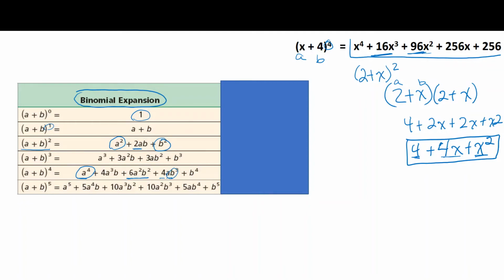Well, b to the 3rd is 4 times 4 times 4, which is 64. And then it says multiply it by one more 4, so that gives us 256, but there's only one a, which is one x, so there's our x. And the last term is just our b to the 4th, which is 4 times 4 times 4 times 4, ends up being 256. And he just discovered that there's this little pattern here, and it just continues on and